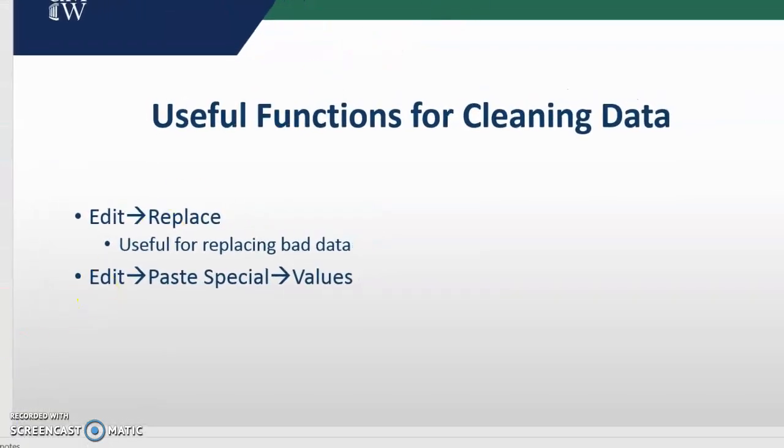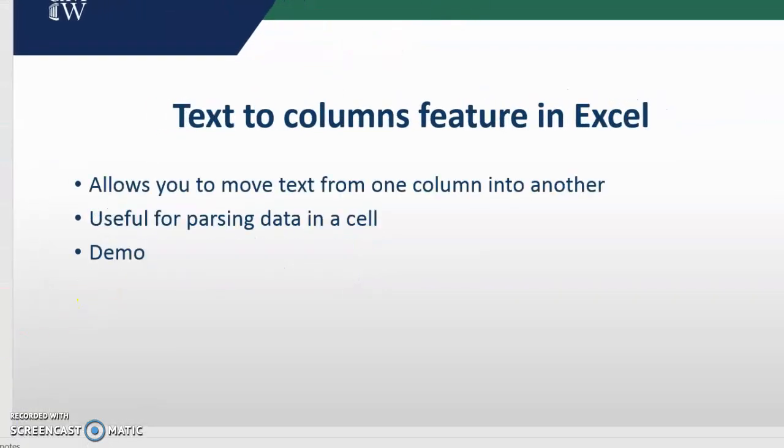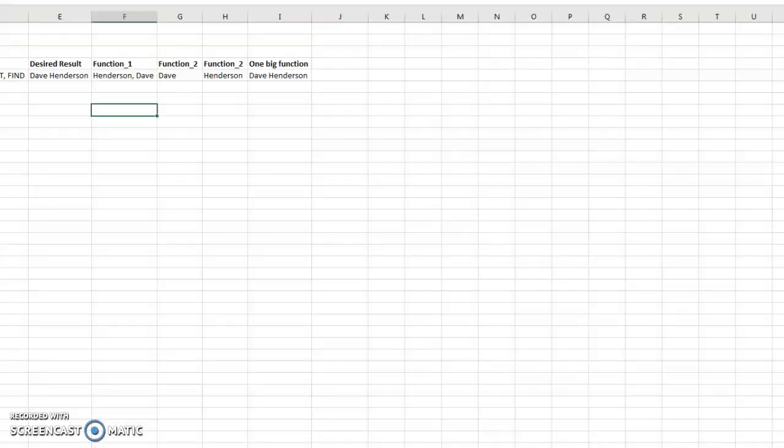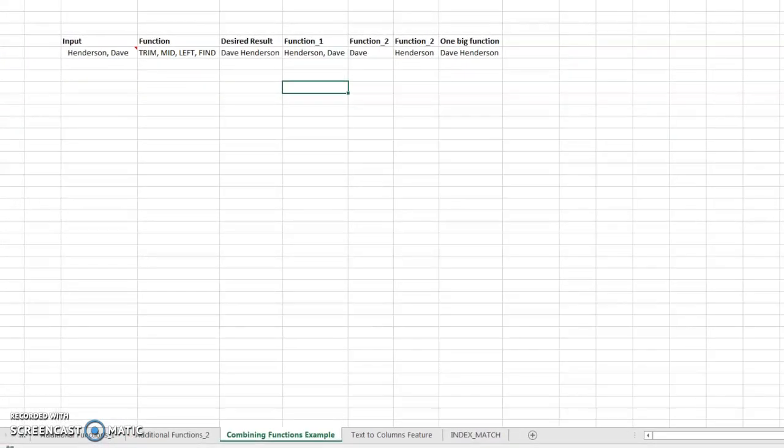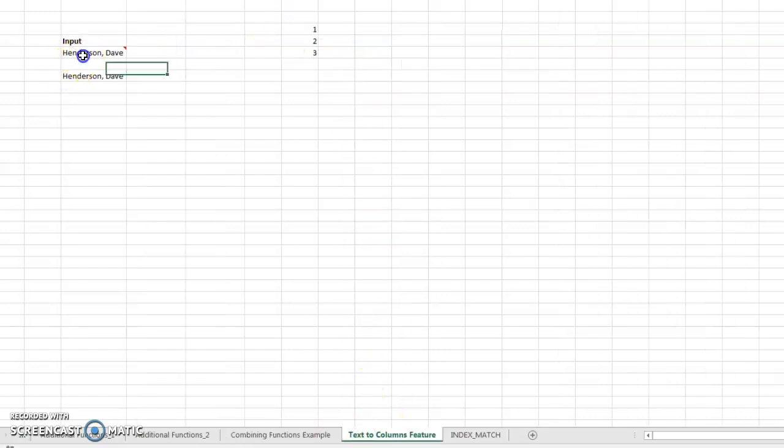The other thing that's kind of cool is using text to columns in Excel. So this allows you to move text from one column into another. It can be useful for parsing data. So if we look over here, I'm going to go to my next tab, right over here, my text to columns feature. So what I have over here is I'm going to use text to columns, right, to break into two separate columns, all right? So I'll come over here,